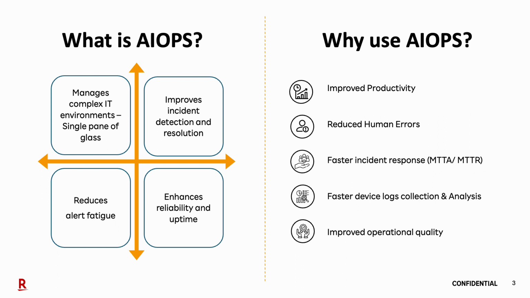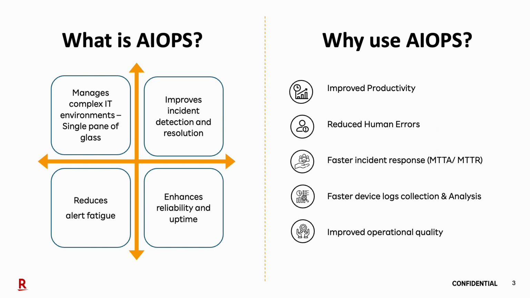AIOps, our intelligence layer in observability monitoring, is a single pane of glass for the ITOps industry to draw inferences for their businesses. This platform integrates data from diverse, complex IT environments, taking in logs, metrics, and events, enabling real-time analysis and anomaly detection for enhancing reliability and uptime. Its usage across ITOps industries shows improved productivity, reduction in human errors, faster incident response time, faster logs analysis, and